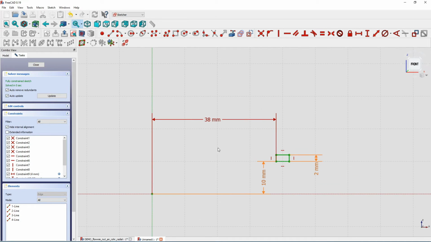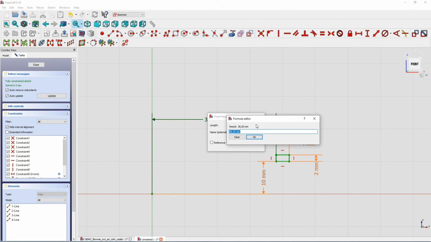Okay, the 38 millimeters can no longer stay 38 millimeters. I have to make them variable as an expression here. Press the expression command and just say sketch 001 constraints dot dd minus, and now I have to make a calculation. It is the